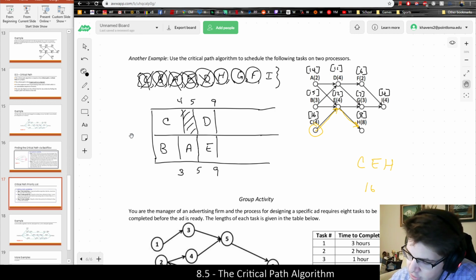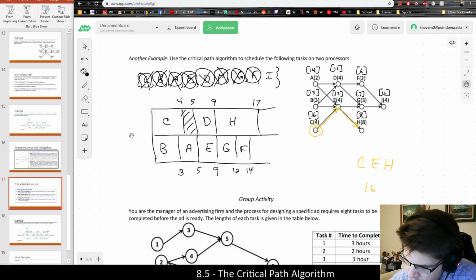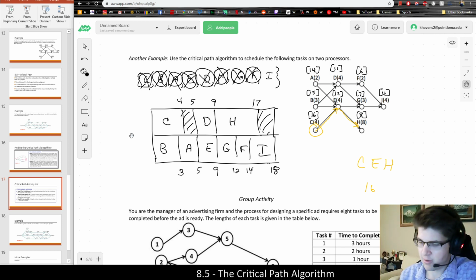So H is going to be next at 8 hours, putting us at 17. Meanwhile, processor 2 can work on G, then F, which are 3, then 2. And finally I, which is 4 hours, which would then lead us to the completion of the project after 18 hours or whatever,